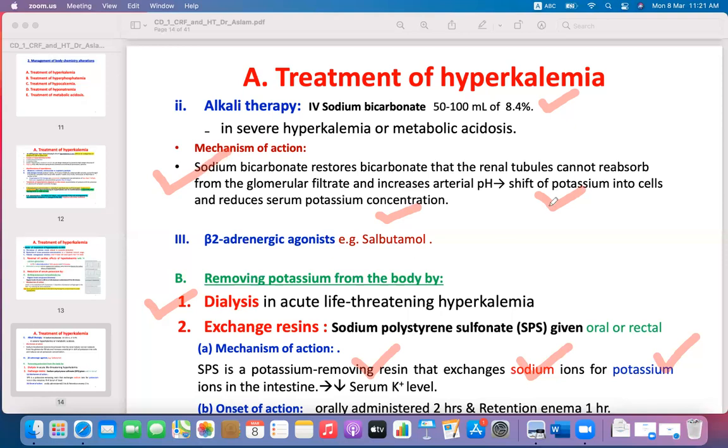So these are the management plan for the hyperkalemia. Alkali therapy, intravenous sodium bicarbonate, plus the exchange resin sodium polystyrene sulfonate, which is a resin that exchanges the sodium ion for potassium ions in the intestine and decreases the serum potassium level. And beta 2 adrenergic agonist salbutamol may